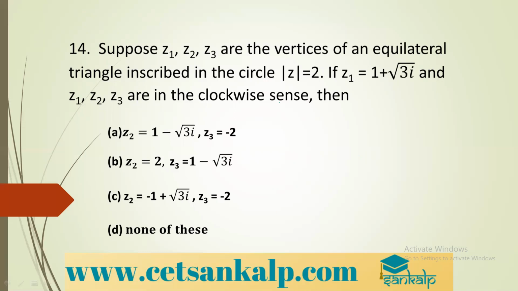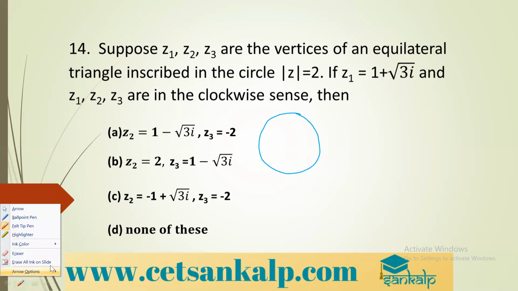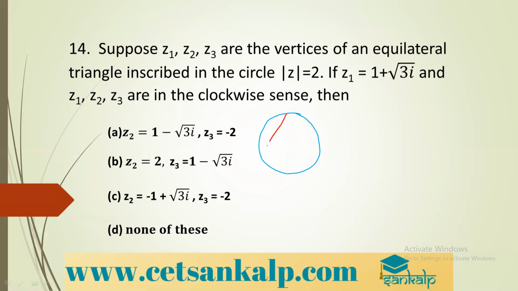So what I will do is, first of all, I will draw a circle. Everything depends upon this circle. In the circle, I will draw an equilateral triangle. So you have to draw the equilateral triangle carefully. And then here, whether it is the center of the circle or centroid or circumcenter, whatever it is, that will be origin, O. For an equilateral triangle, everything will be O.